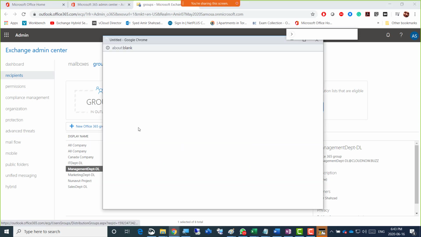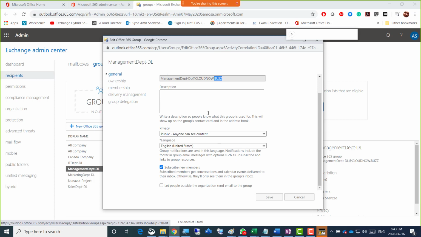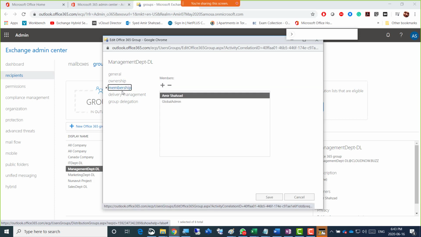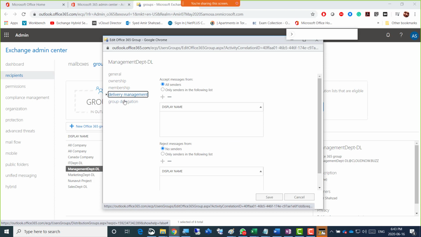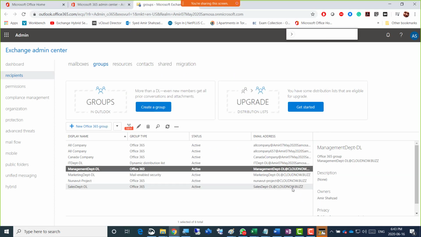But if I click edit once more, is there any way I can remove or change the DL's domain? It's not letting me, right? Wherever the options are, they can be here or in PowerShell. It could be that Microsoft said just change it from PowerShell. In our training environment, we need to go ahead as well. If the simple options are not there, then we have to go for the other options.